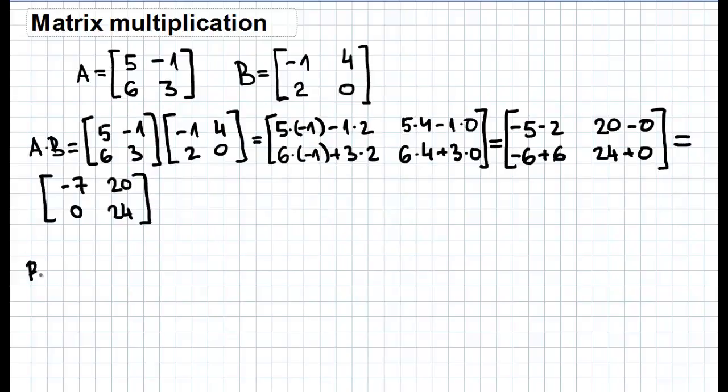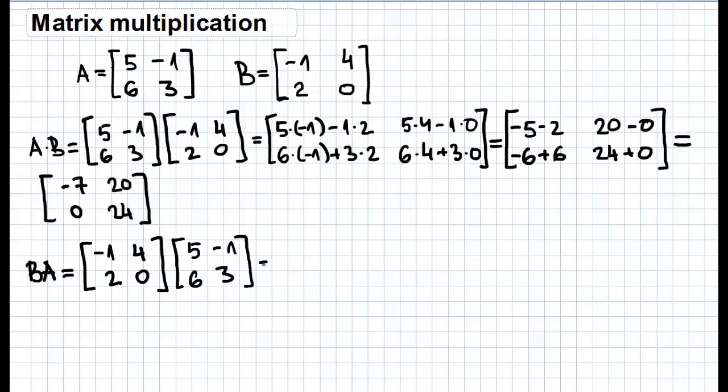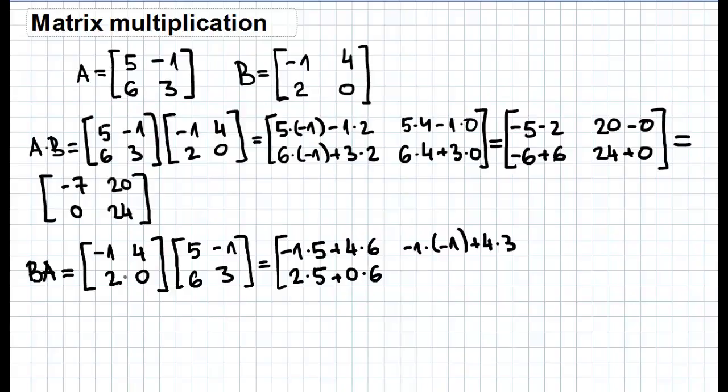Now let's calculate B times A. We first write matrix B, minus 1, 4, 2, 0 times matrix A, 5, minus 1, 6, 3, and we write then first column, first row, minus 1 times 5 plus 4 times 6, then minus 1 times minus 1 plus 4 times 3, then 2 times 5 plus 0 times 6, then 2 times minus 1 plus 0 times 3, and this equals to